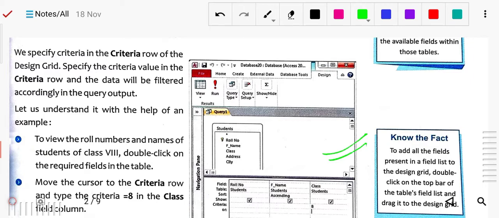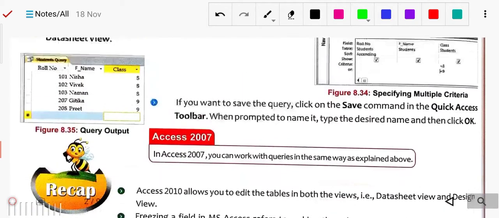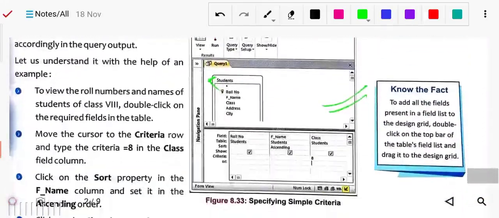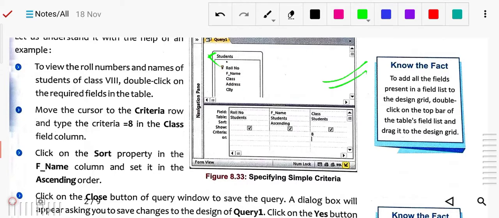Now we have selected the students table. From the students table, whatever values we want in the query, this is the design grid view. So here you just select, like, roll number. In the grid view you will get the options field, table, sort, show, criteria and or.